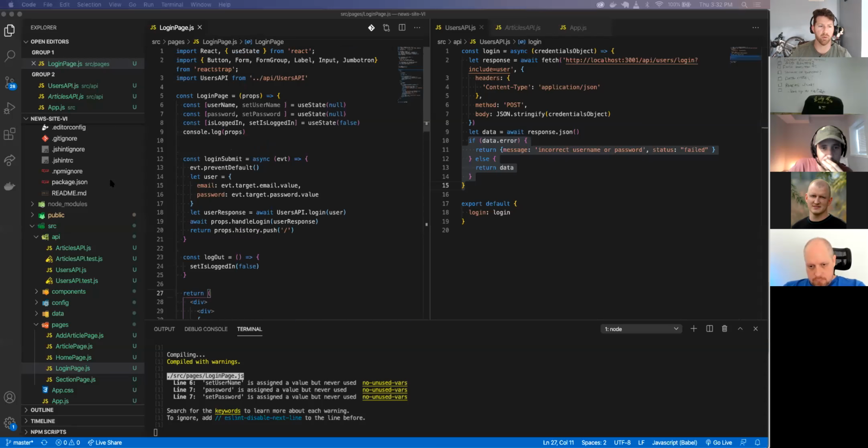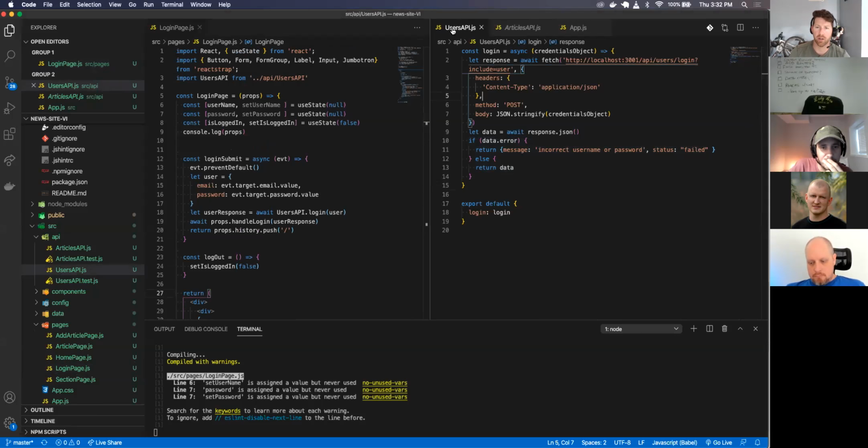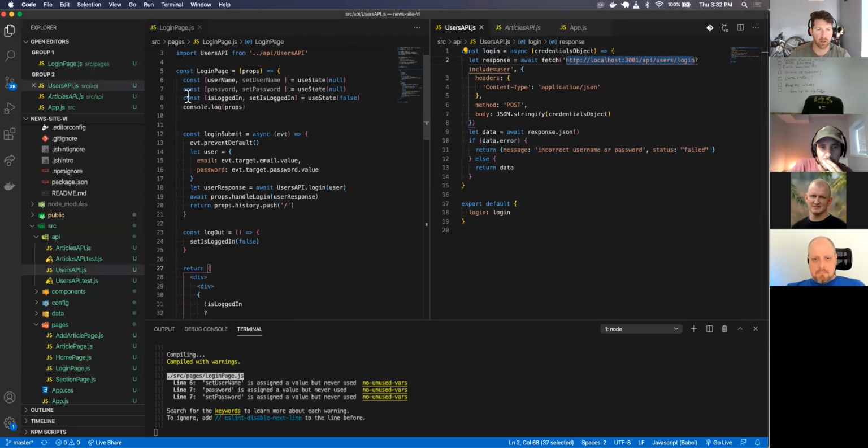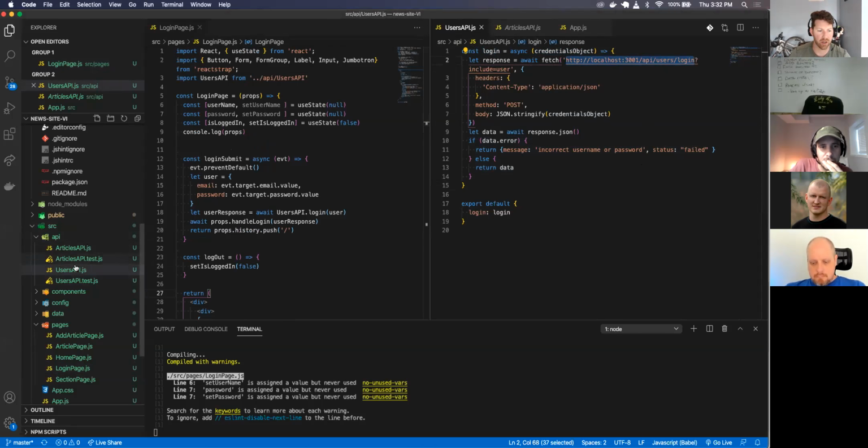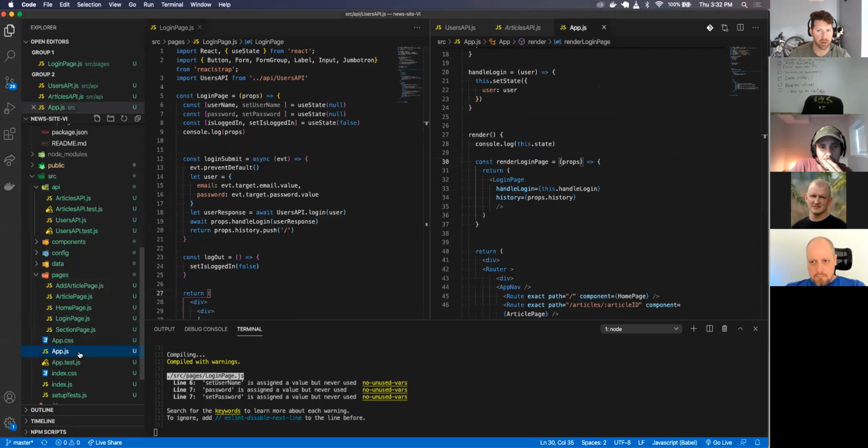So let's just do a quick review of what we did. We linked up the user's API with this login function that accepts a user's object, a username and password. We're going to this API endpoint, and we get a response back that includes a token. And once we go into the app.js,